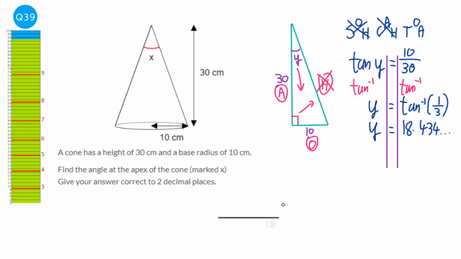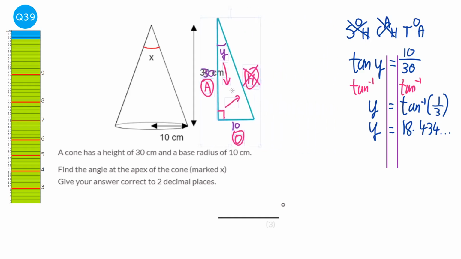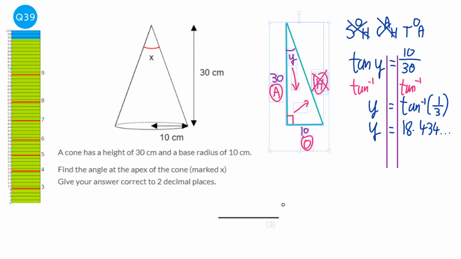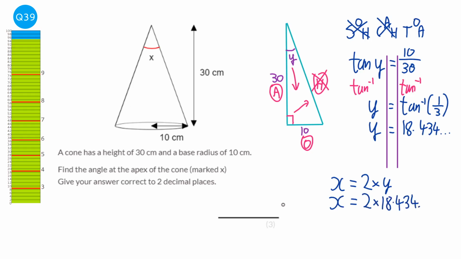Now, what I did at the start was I moved the diagram away from the cone. Let's just move it back and we'll see the fact that y is exactly half of x, because we've done a line straight down the middle. So to find out what x is, all we need to do is double y. So x is going to be 2 times y, so that's going to be 2 times the 18.434 blah blah blah, and so that is going to be 36.869, etc. And it says it wants it to correct 2 decimal places, so that's going to be